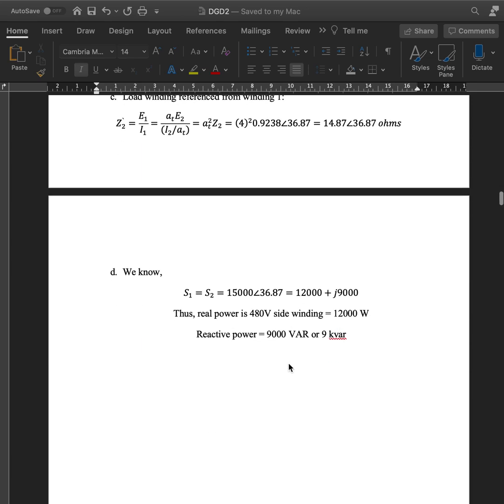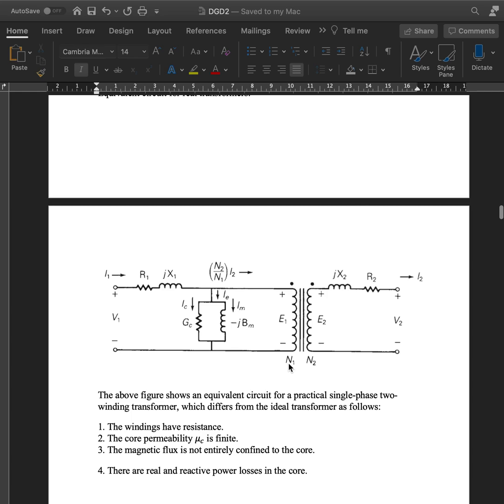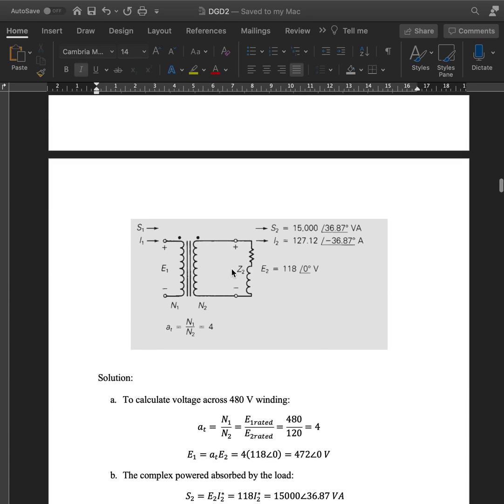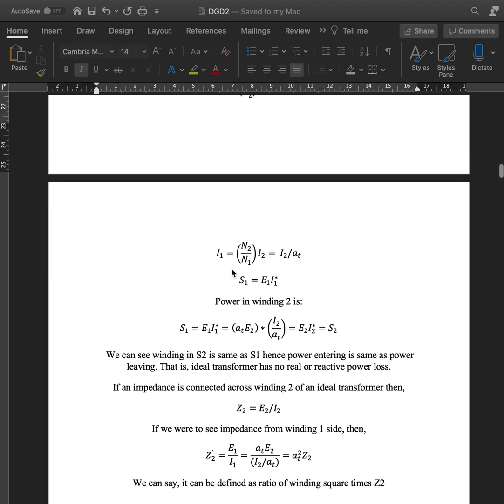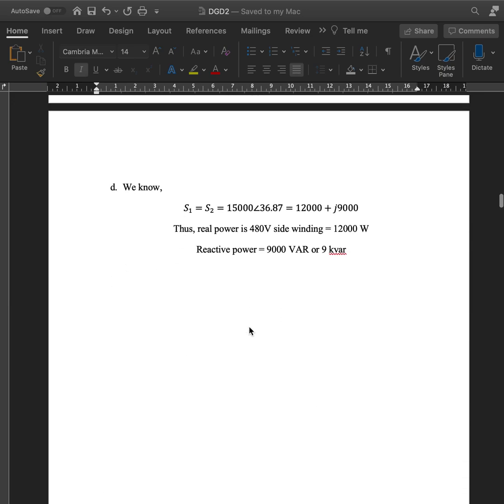All right, so let's look at the equivalent circuits for real transformers. As we saw before, the ideal transformer didn't have any resistance attached to the winding on the 1 side. Here it was just that, and then just a load connected to the secondary side